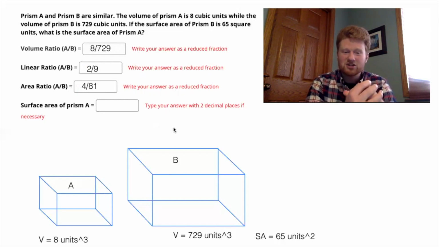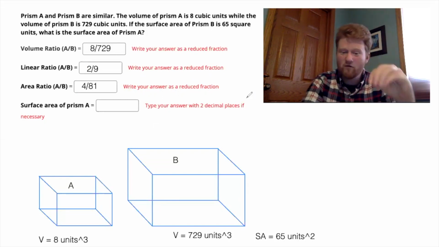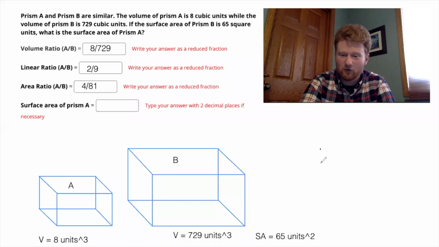So we have the area ratio, and then we also know that prism B is 65 square units. So what we need to do here is set up a proportion. We're going to take our area ratio, A over B, and set it equal to our desired ratio. So we had 4 over 81 as our area ratio. Sorry, it's a little sloppy. I'm writing with a computer keyboard here. So we'll write 4 over 81